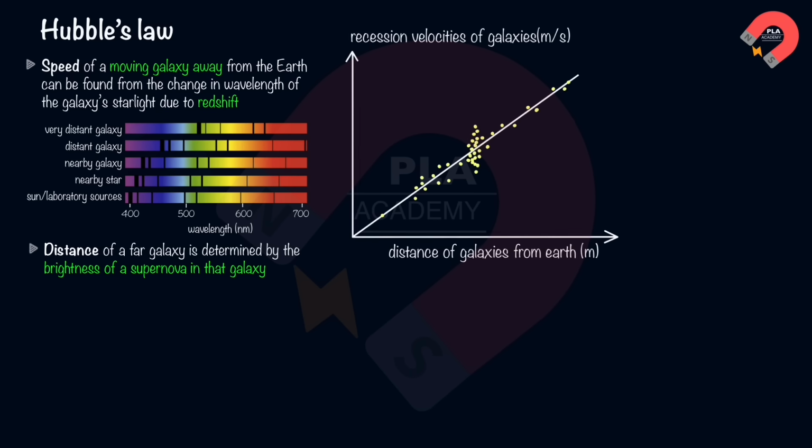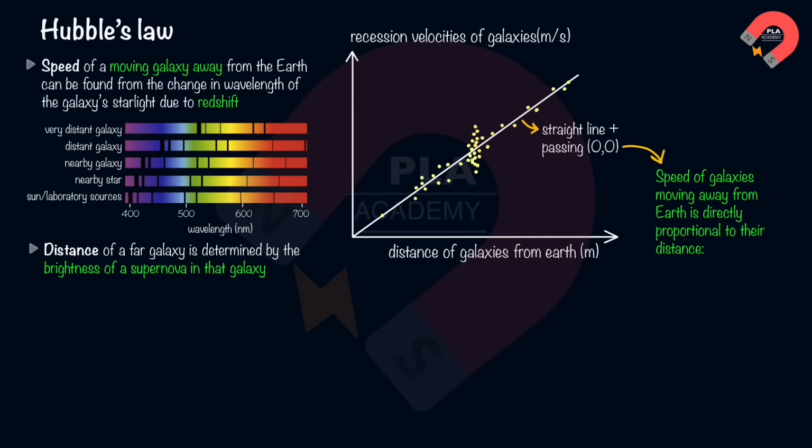As shown in the graph, the relationship between a galaxy's recession velocity and its distance from Earth is depicted by a straight line passing through the origin. This indicates that the speed of galaxies moving away from Earth is directly proportional to their distance, a principle known as Hubble's law. So, we can express this relationship as v equals H0 d, where v is the recession velocity